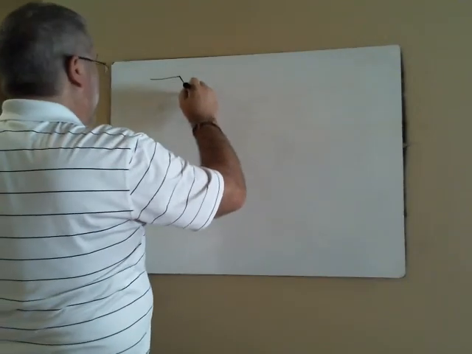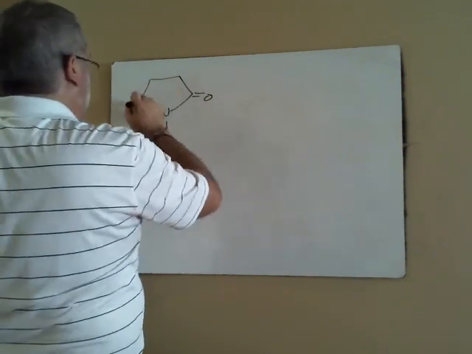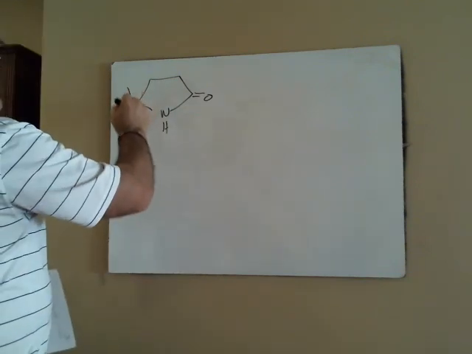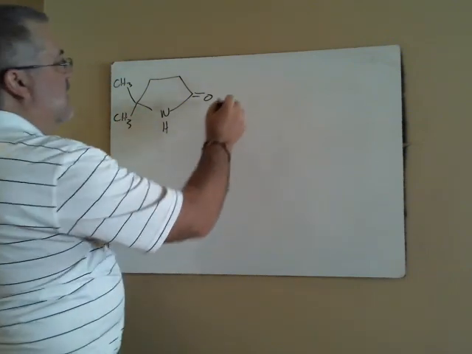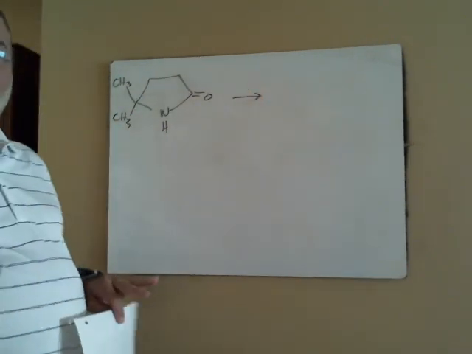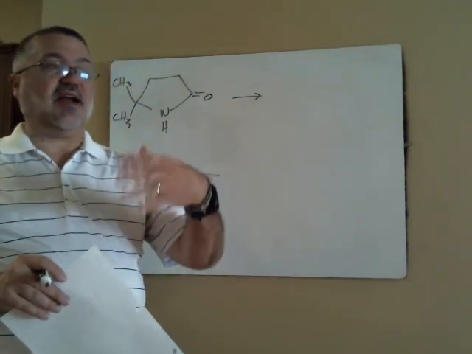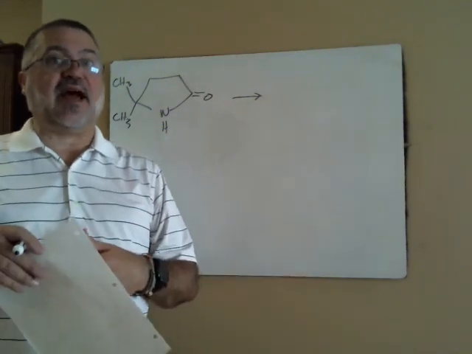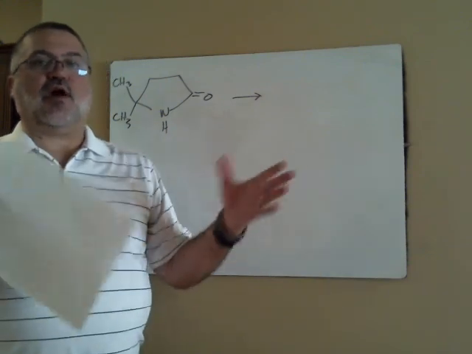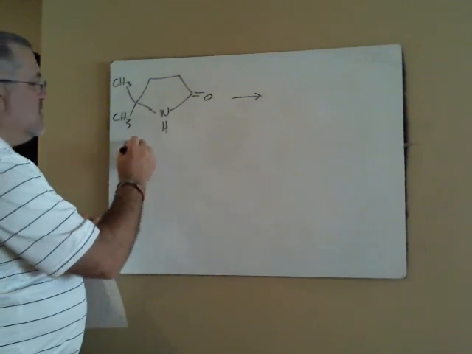And so one result of this different mechanism is we get a different result if we have something like this. Let me just put, for fun, a couple methyl groups here, it doesn't matter. If I have this compound, remember a minute ago when we talked about esters and their reduction, and you have 2 equivalents of hydride adding, you actually opened up the ester if it was cyclic. Remember we called it a lactone and said the lactone ring opened. Well, if we have the corresponding cyclic amide,